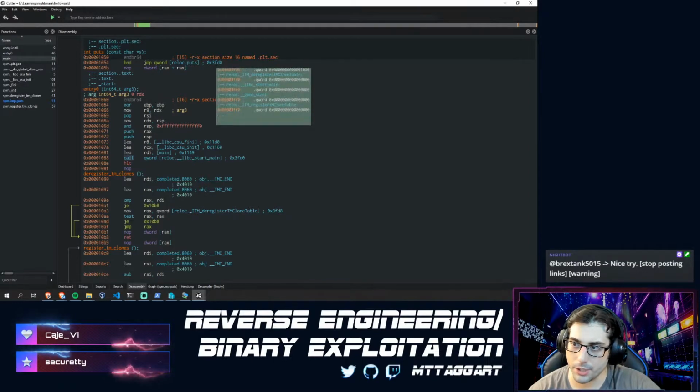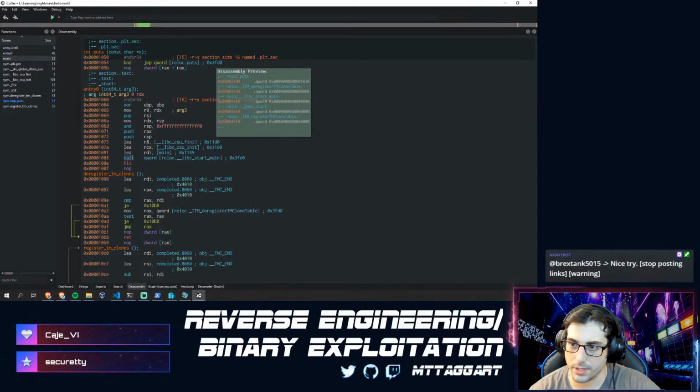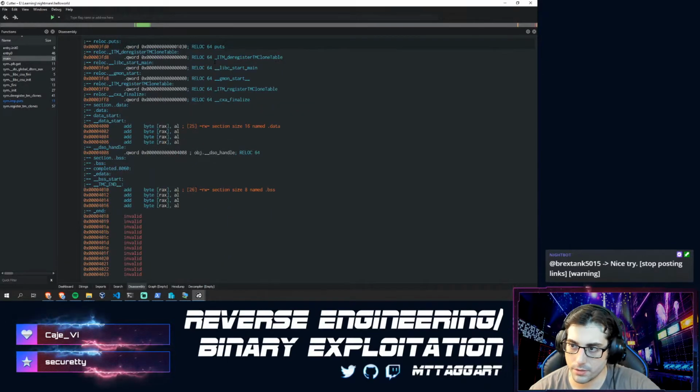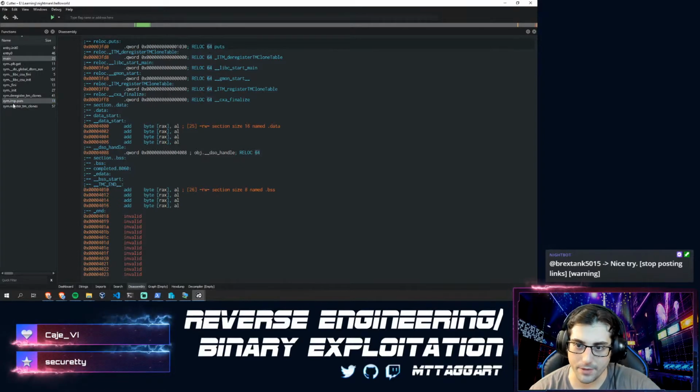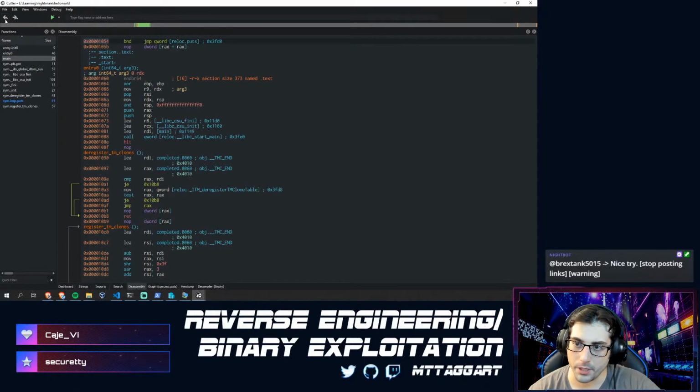So we have to jump to this section here to see what it does, because this is an import. So relocating to there. puts is a libc thing, so we don't actually have it in here. We'd have it in libc. But that's okay. What we can infer for the moment is that,